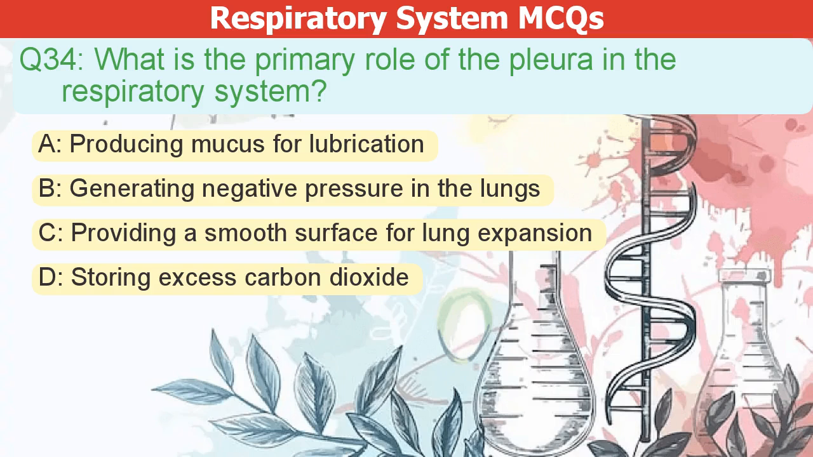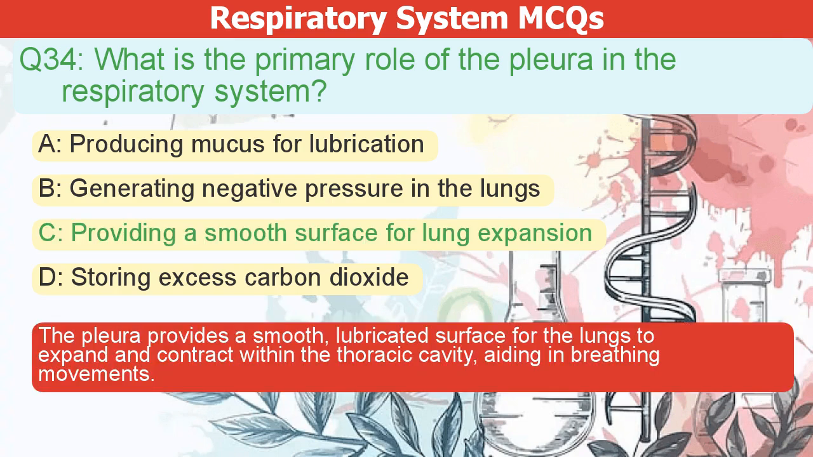What is the primary role of the pleura in the respiratory system? A. Producing mucus for lubrication. B. Generating negative pressure in the lungs. C. Providing a smooth surface for lung expansion. D. Storing excess carbon dioxide. The correct answer is C. The pleura provides a smooth, lubricated surface for the lungs to expand and contract within the thoracic cavity, aiding in